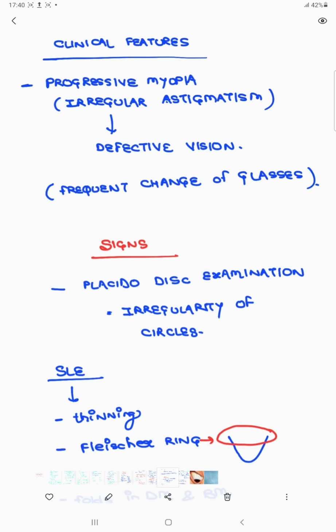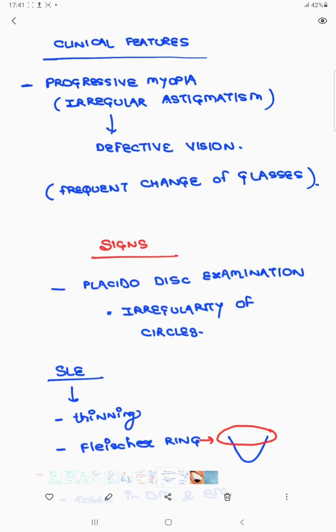And when you do the Placido disc examination, what is a Placido disc? A Placido disc is basically to see the curvature of cornea, to see the surface of cornea. Topography is to see the surface of cornea. So we are doing that Placido disc examination. It has some black and white rings, and in the center there is a hole. You are seeing the reflection from the corneal surface. If the rings are equally placed, then the curvature of cornea is normal. But if there is some deformity or distortion of those circles, irregularity of circles, then definitely the corneal surface is